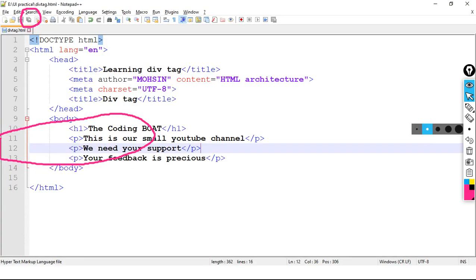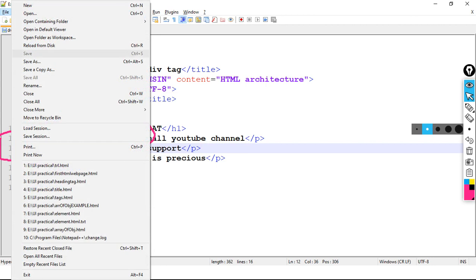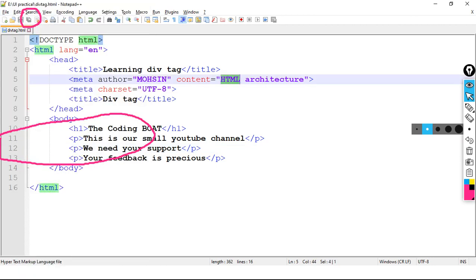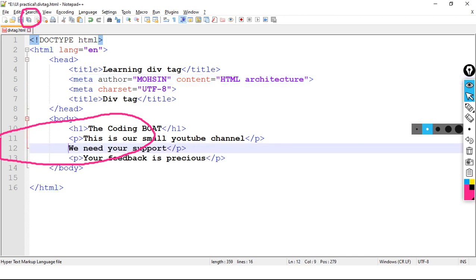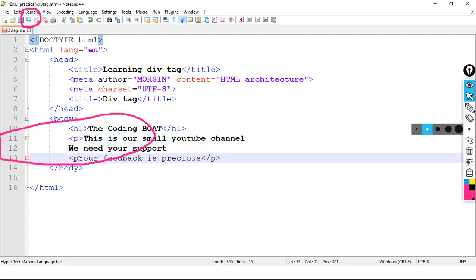So here we have the p tag. Save the code, let's merge this.